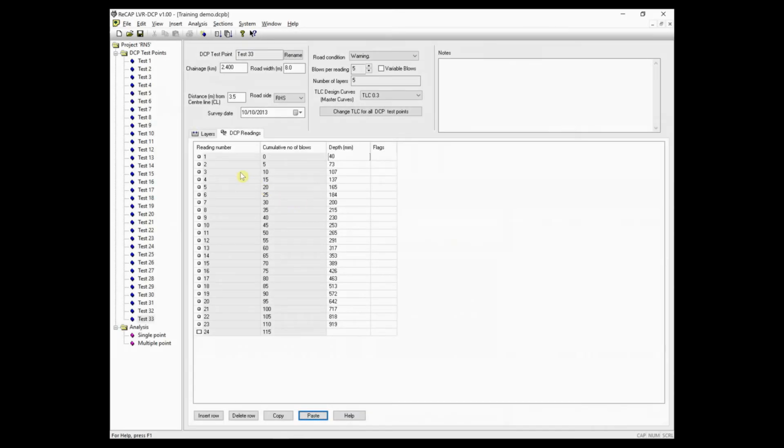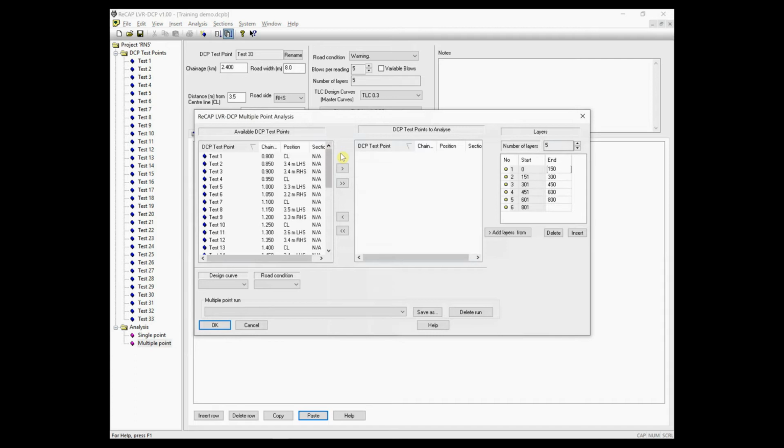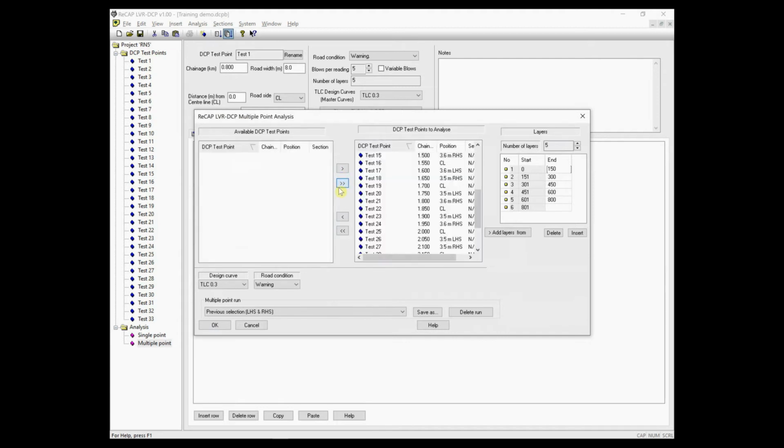In a similar fashion, you can analyze multiple points. Click on the multiple point analysis button, and from this screen you can select the points you want to analyze. You select points by way of these buttons, either one point at a time or all the points, and deselect points either one point at a time